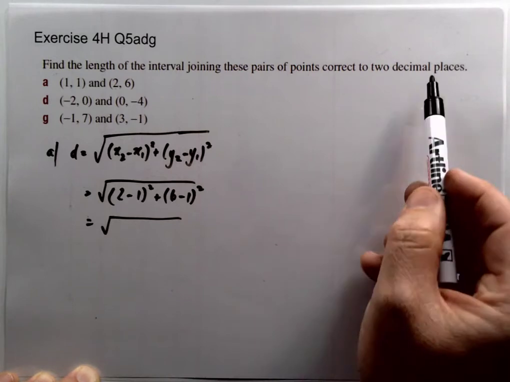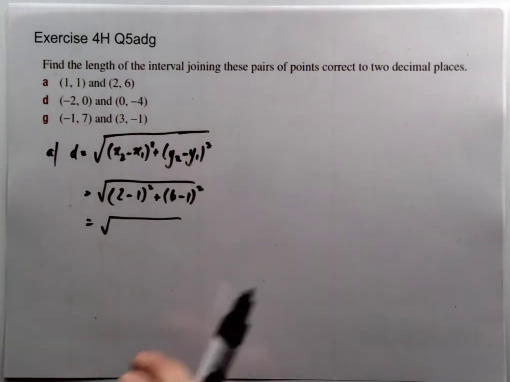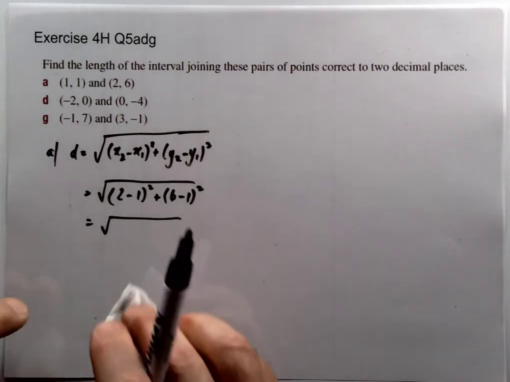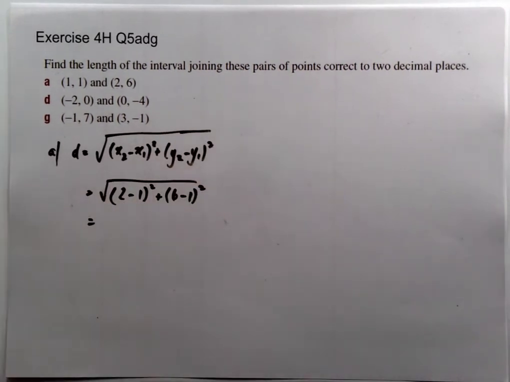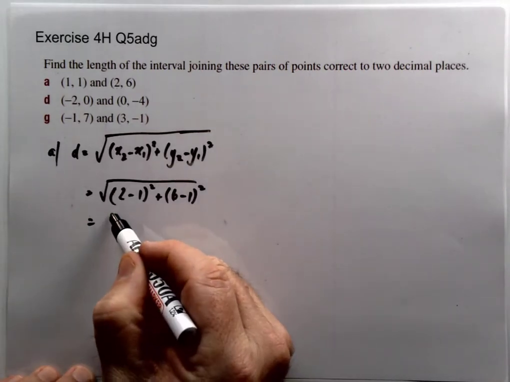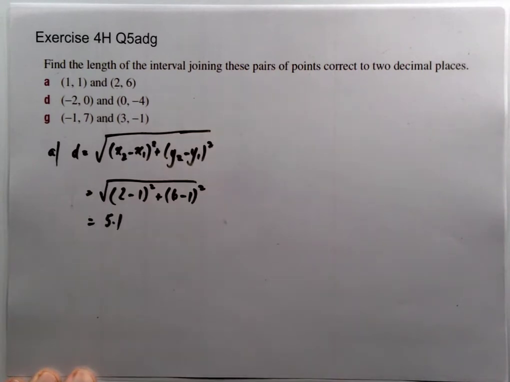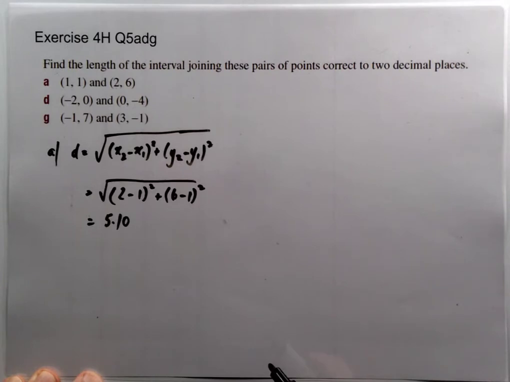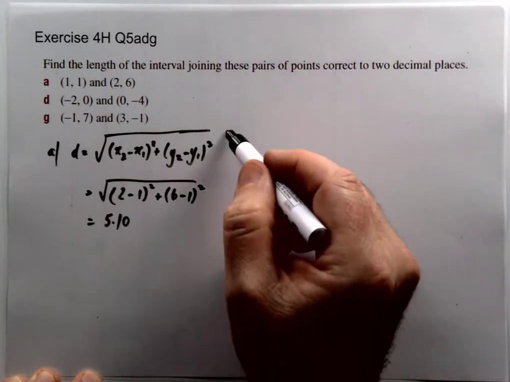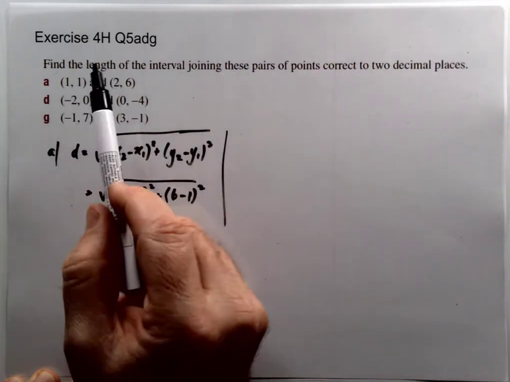Okay, to 2 decimal places, so look, we can just put that straight into our calculator. I did a bit of a shortcut, hope I haven't stuffed it up, but we get 5.10 to 2 decimal places. Now look, a shorter way to do exactly that same question would simply be to say that, okay,